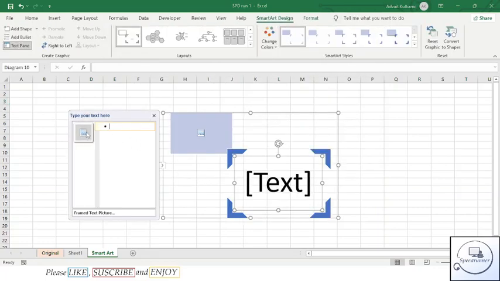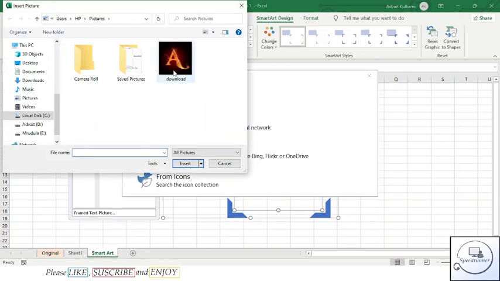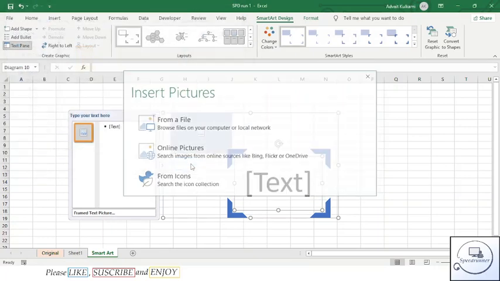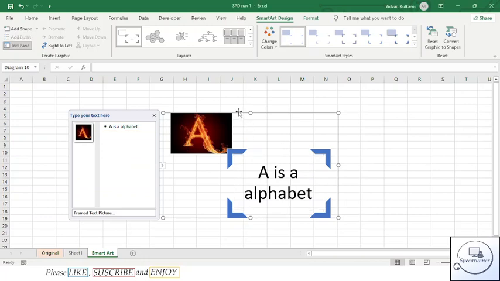For adding the picture, click on the icon and use browse from a file, and from the downloads insert, then you can add whatever text you want, like A is an alphabet, and any other statement you want. This is how to add pictures.